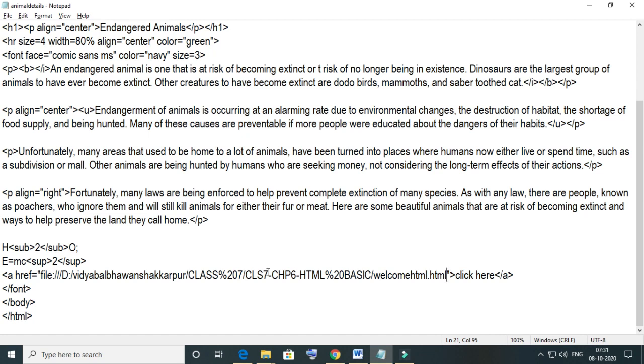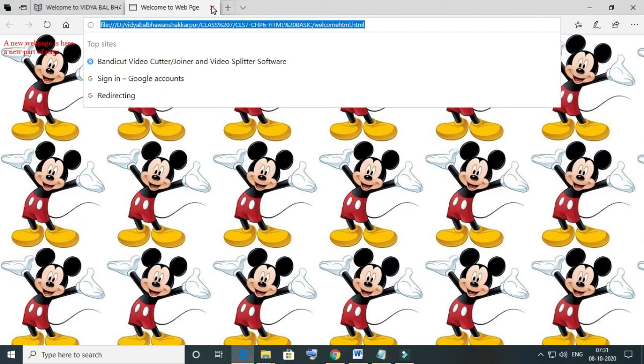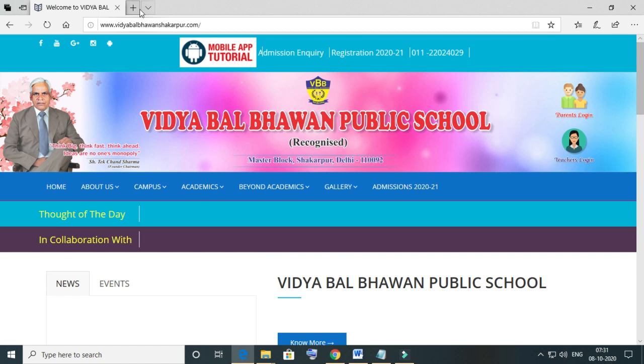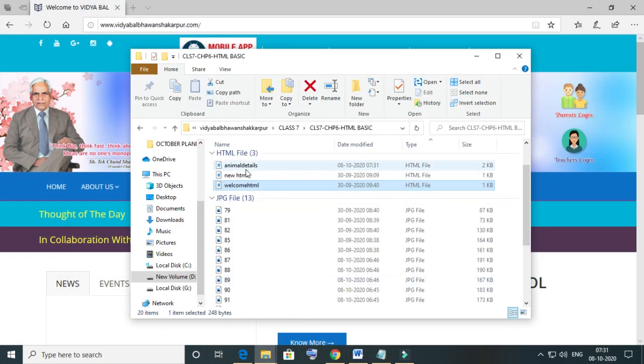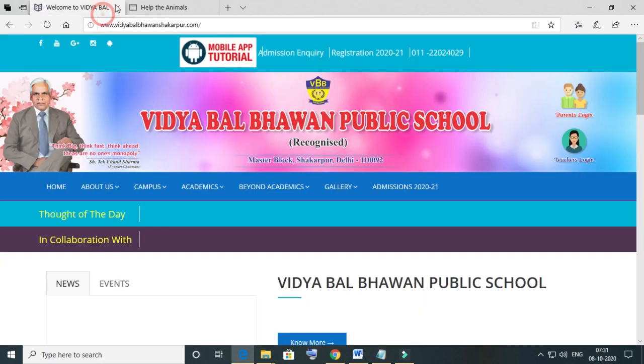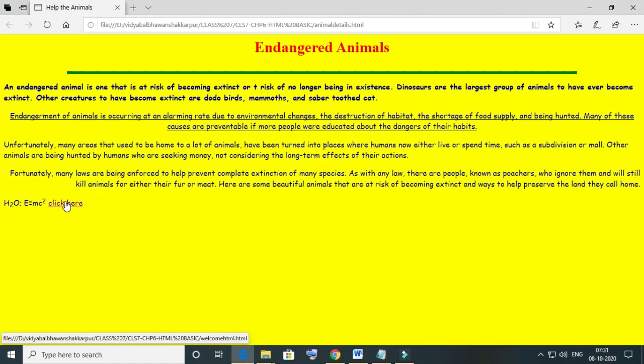Now remove this page and come to the animal details page. Here we have "click here", in which I have changed the address of the anchor tag it was referring to.